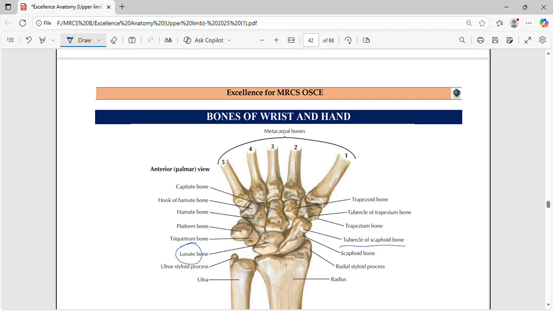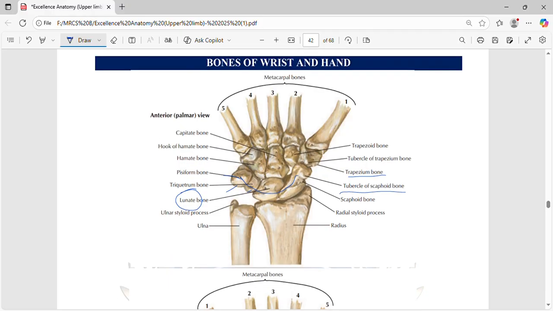So the first row is like this: scaphoid, lunate, triquetral and the pisiform. This is the hook of pisiform, the tubercle of pisiform, and here we have the next row starting from the trapezium. So this is the trapezium,